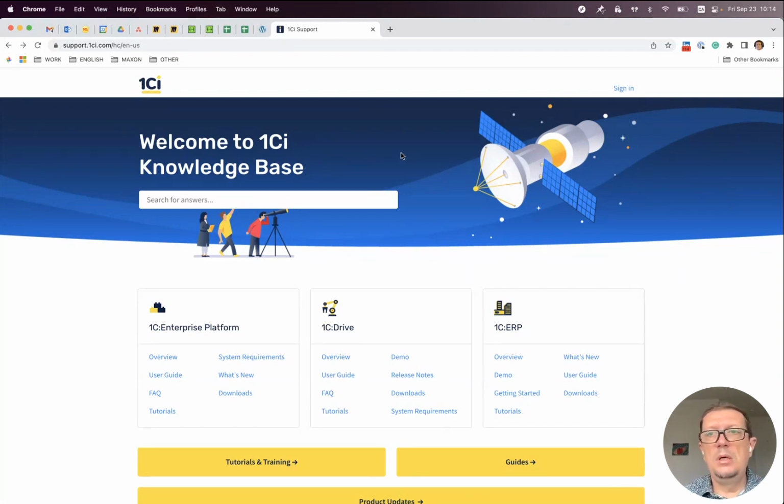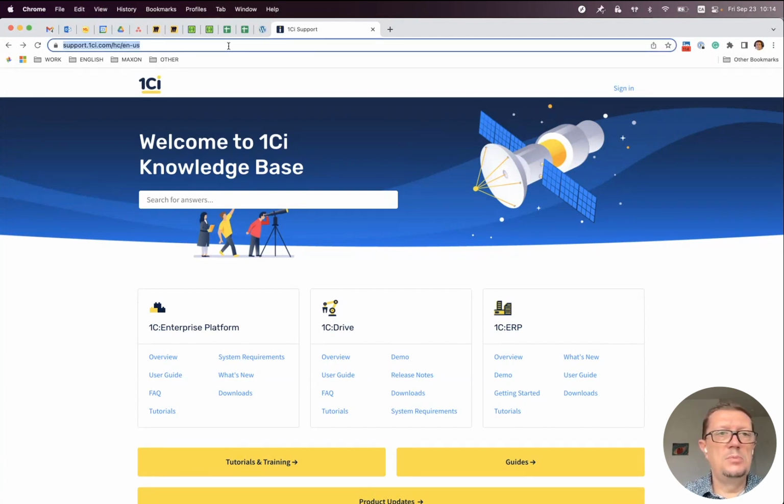Now let's see where we can find information about the subsystem library. I'm at support.1c.com. This is our main knowledge base about everything you need to know when you implement 1C:Enterprise applications.